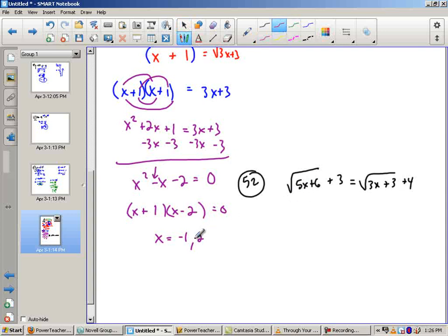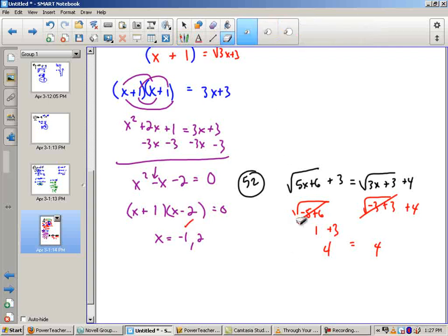If I use -1, that's square root of -5 plus 6, that's square root of 1, that's 1, plus 3, that's 4. Over here I have a -1, that's -3 plus 3 inside of that root, that's 0, and the square root of 0 is 0, plus 4 is 4. So this one checks out. Good. Now I want to check it again, but this time I want to check it for